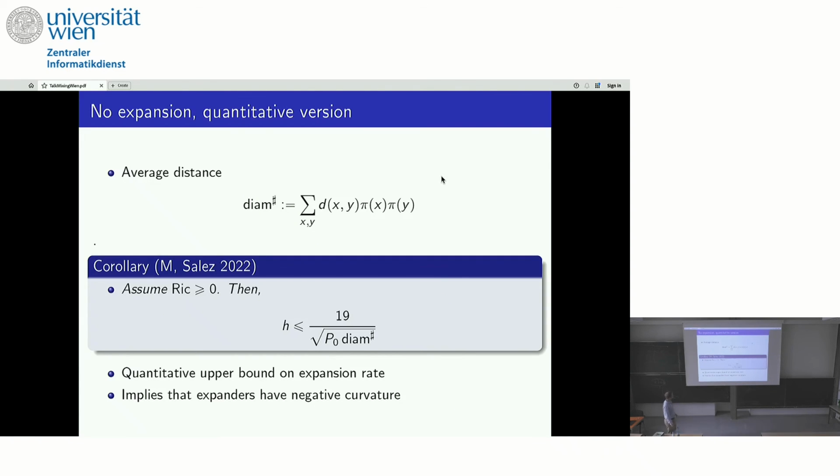Okay, so this we can finally use for giving an even clearer upper bound on the Cheeger constant in terms of the diameter. Well, not the diameter, but the average distance. The Cheeger constant is at most 1 over the square root of the average distance, which clearly goes to 0 once the graph increases.